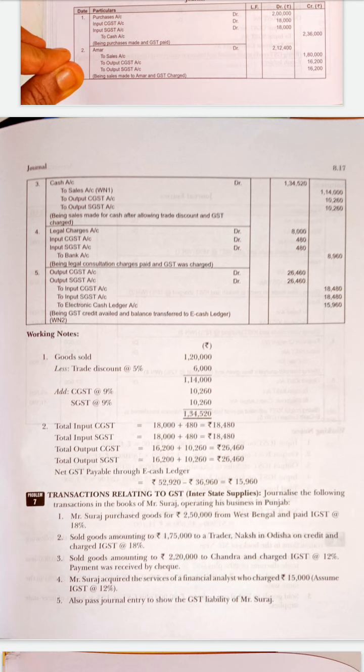So from outside the state, instead of giving IGST, they will give the hint as outside the state. So if the words include outside the state, it is called interstate. So we have to use the tag IGST. Understood? If it is within the state, we have to use CGST and SGST. Understood?